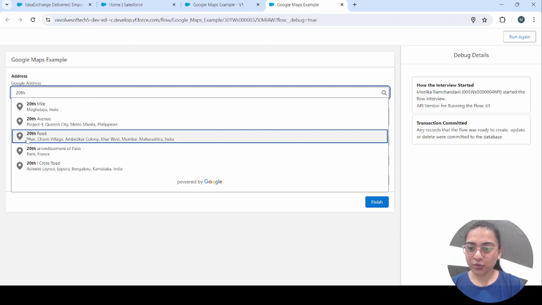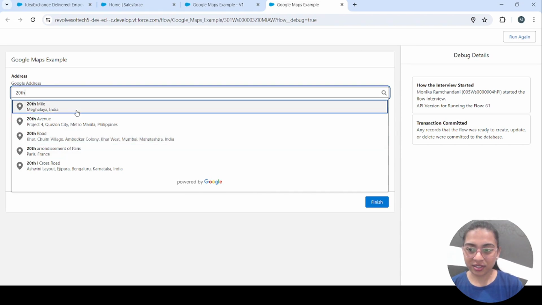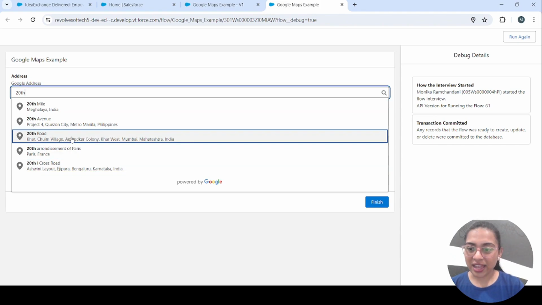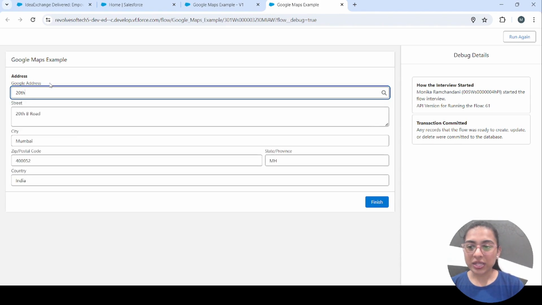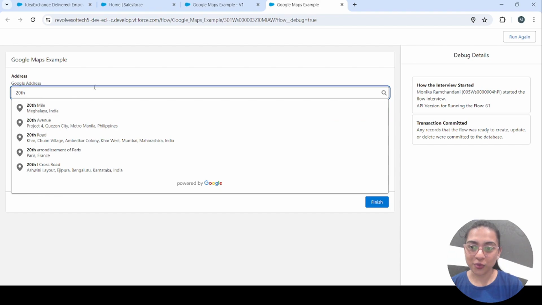Let's say we want to add 28th Road, Khar, in Mumbai, Maharashtra, India. I have just added 28th here, and I have all the possible addresses, and I will just select this one. Once I select this, you can see I have the street, city, zip code, country and state added here by itself.